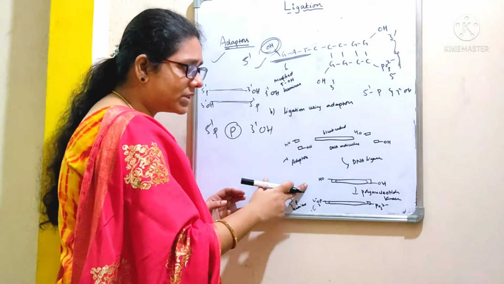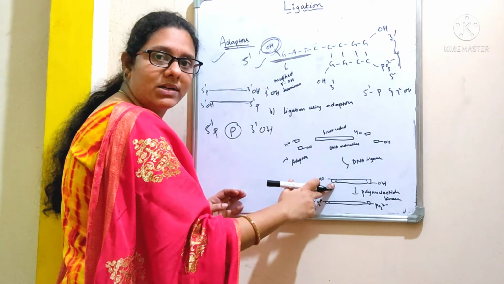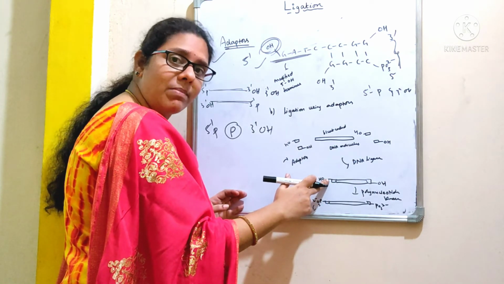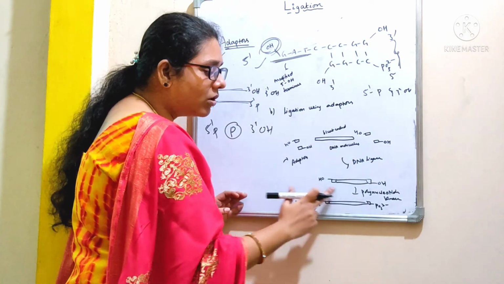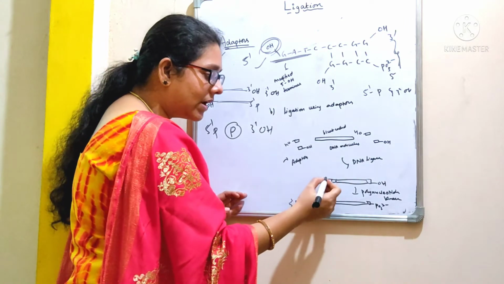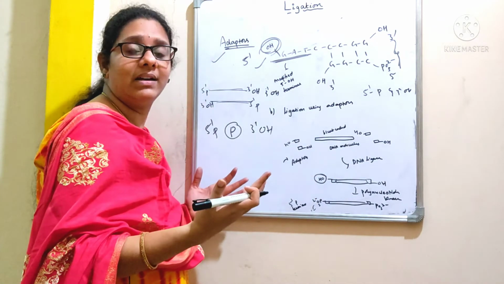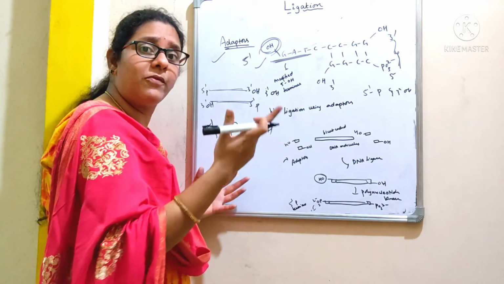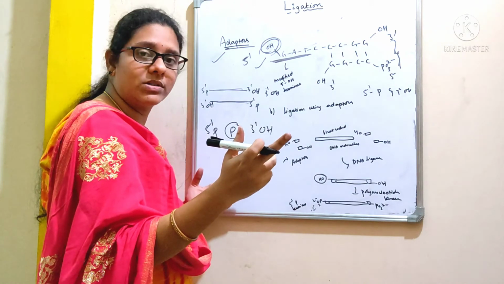Look at the third picture. See here, this is the blunt ended DNA molecule with the attached adapters which are carrying 5' hydroxyl group, right? If we want to ligate this DNA fragment with the suitable vector, now it should have a 5' phosphate group. Otherwise, we can't ligate, right? Because ligase is going to form a phosphodiester bond between the 5' phosphate group and the 3' hydroxyl group, right?